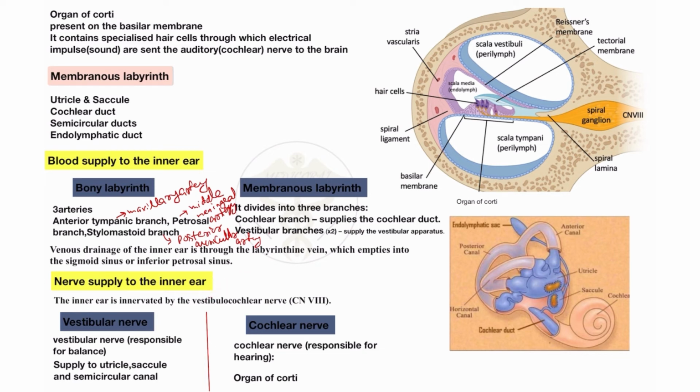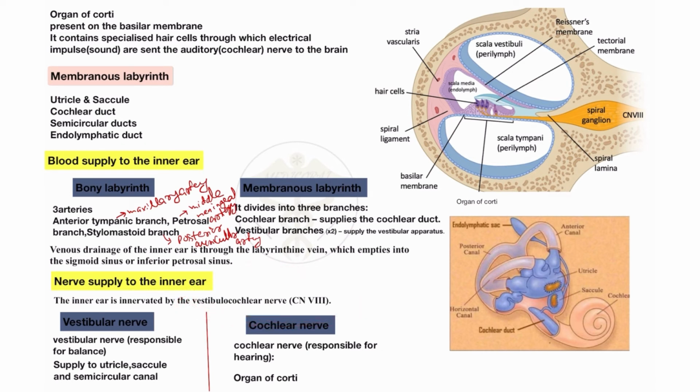First of all, which nerve supplies the inner ear? The 8th cranial nerve, also called the vestibulocochlear nerve. Also please learn that the facial nerve, the 7th cranial nerve, passes through the canal but does not supply any part of the ear. It's very important because many students get confused, since the 7th cranial nerve also passes through this canal but does not supply any part of the inner ear. Only the vestibulocochlear nerve supplies the inner ear.